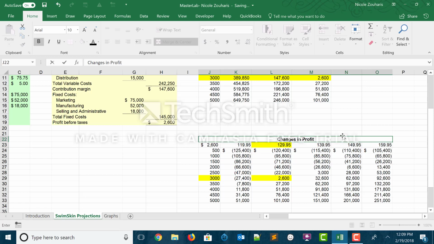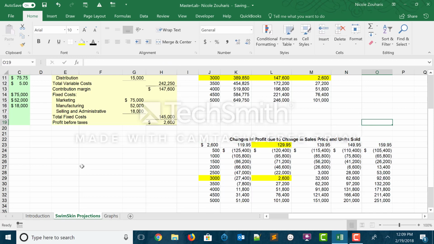Changes in profit due to change. So now I'm going to copy this,